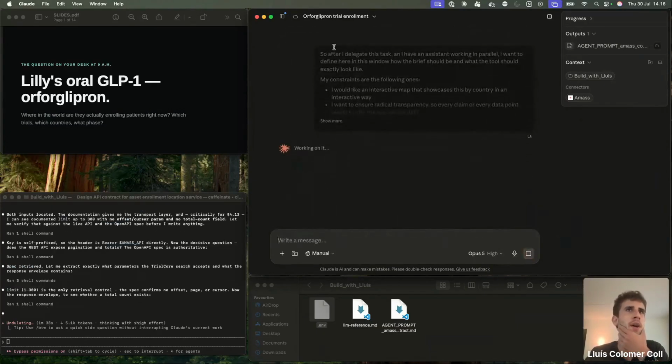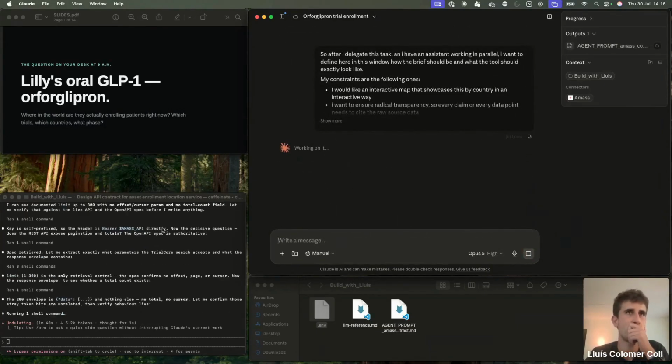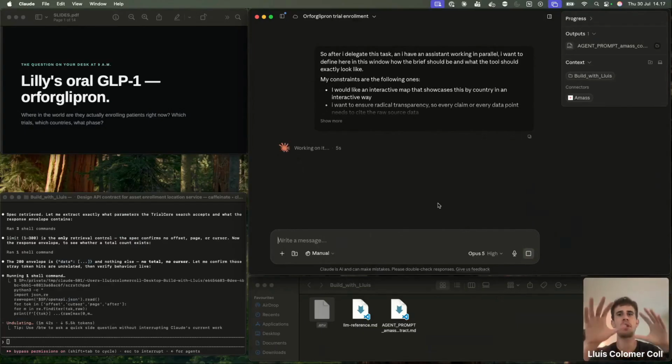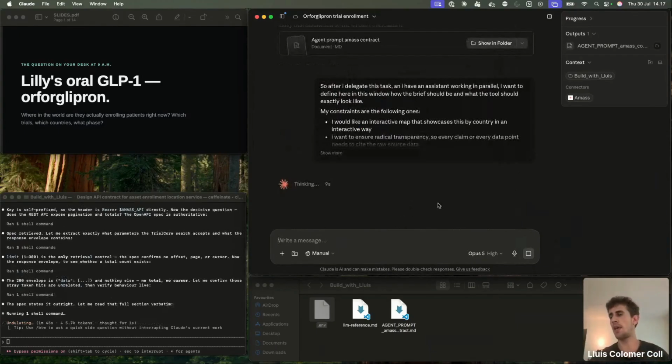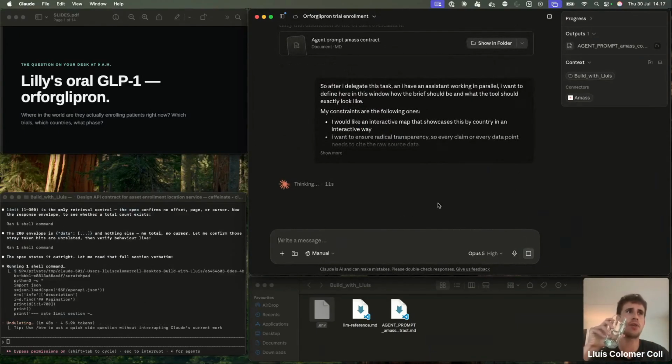And then like we now have two agents working in parallel. Here is like the window where we are actually defining how we aim this app to look like. And on the other one, we are doing the tedious task that we don't want to get our hands dirty with because we're not developers.